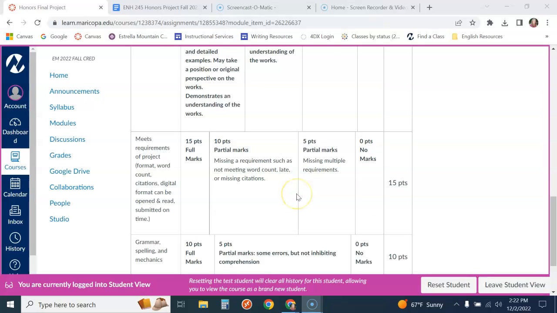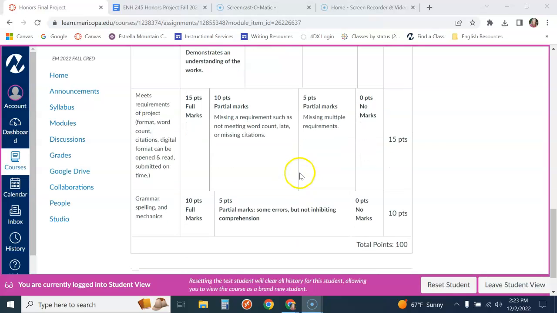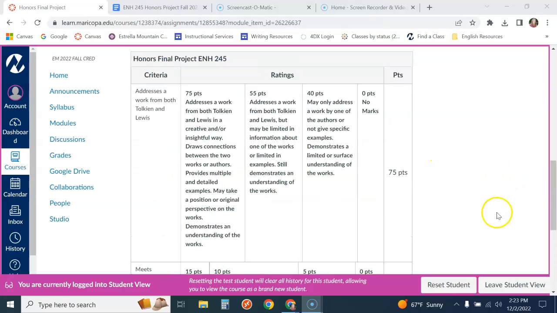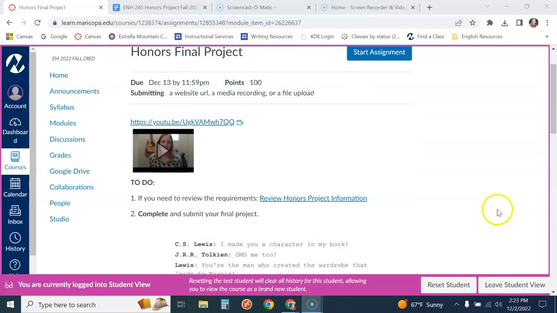I'm also going to be making sure that you are meeting the requirements, such as that you're using a template and creating a portfolio as explained, such as a magazine or a newspaper, that it's digital, that it's submitted on time, that you're meeting the word count requirements, and that you're also paying attention to grammar, spelling, and mechanics. So those are some of the things that I'm going to be looking for when I am grading.